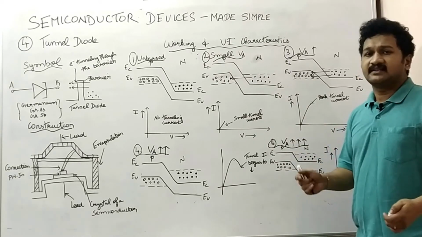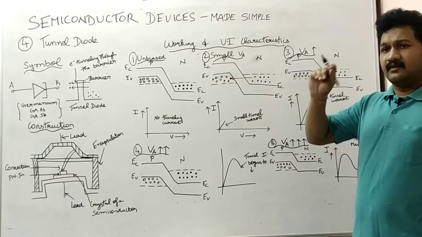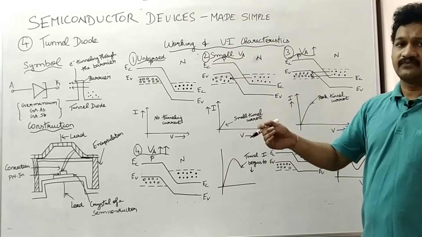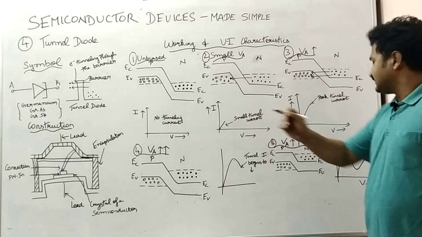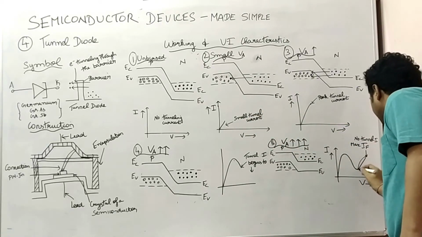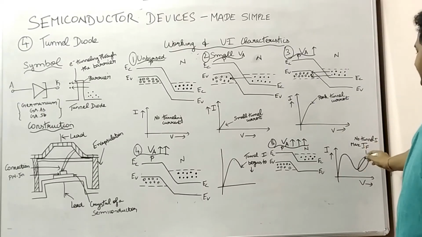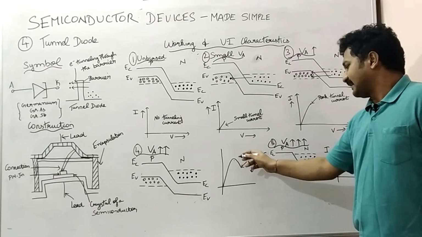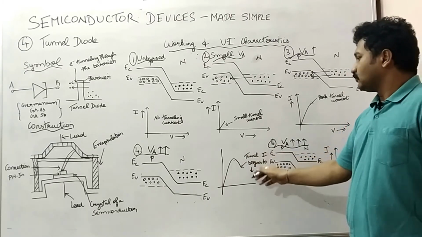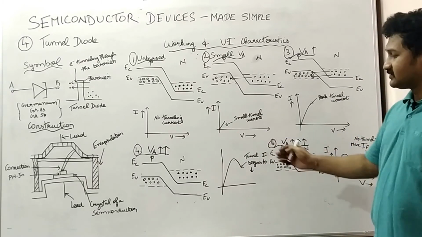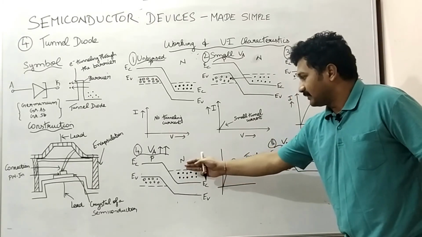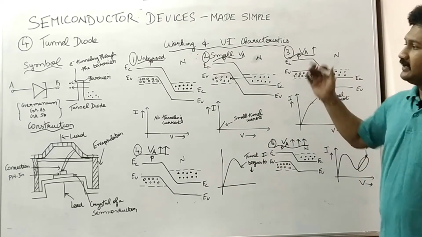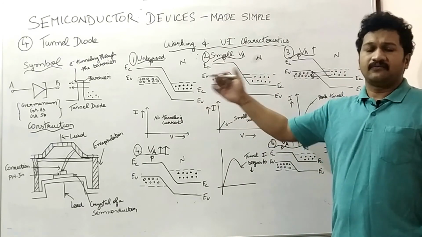What happens to a normal PN junction diode in forward bias? When the barrier potential of that PN junction diode is crossed or reached, the conduction of current takes place in the PN junction diode, and that's what happens in this region, the region I have highlighted. You have to take note that the tunnel current decreases when the voltage increases. This is due to the misalignment in the overlapping. The maximum tunneling current was achieved when there is full overlapping. So entirely this is the working of a tunnel diode.